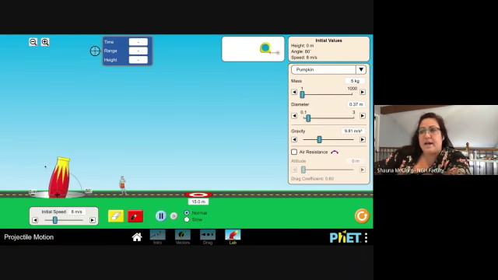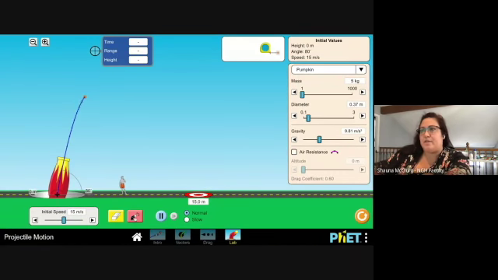Yeah, absolutely. I definitely could do all three. Why could I do all three if I was only doing one independent? Why could I do all three? Yeah, exactly, because they are all dependent on the one thing that I change. Very good. So I'm just going to start with changing my initial speed to 15, and I'm going to shoot